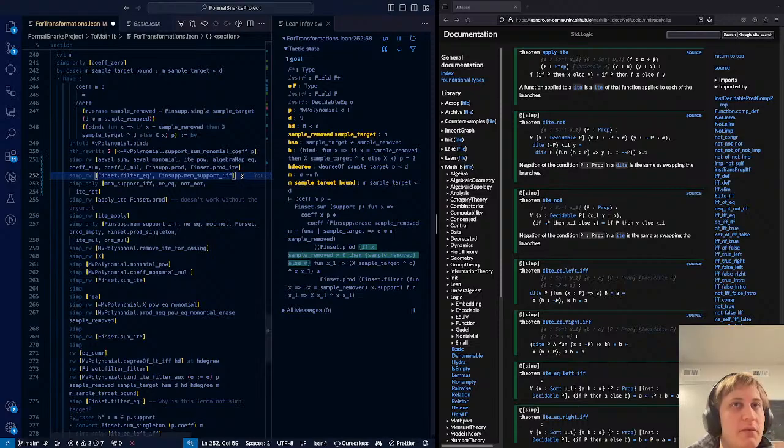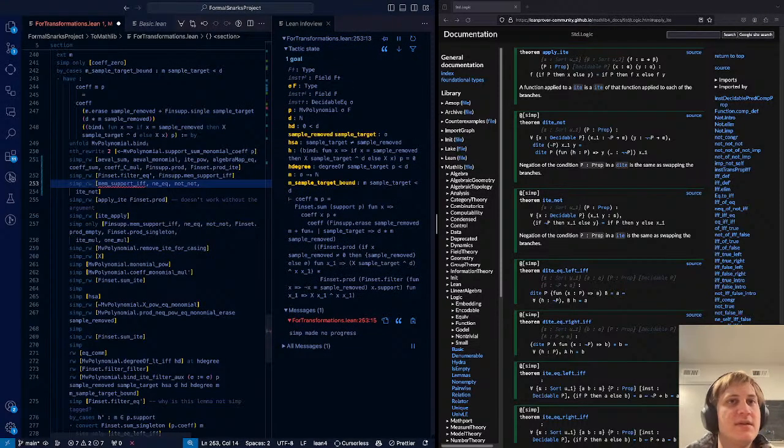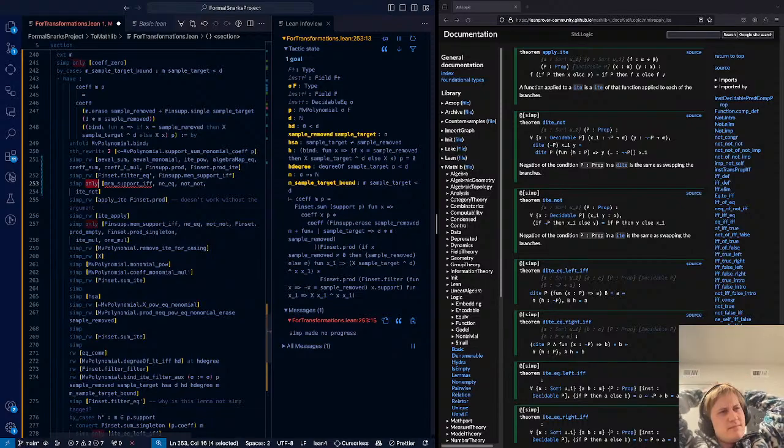If x sample removed and not equal to 0, can I do like a rewrite now, I wonder? Yeah, I mean, it would be very cool if all the simp onlys would just turn into simp rewrites.